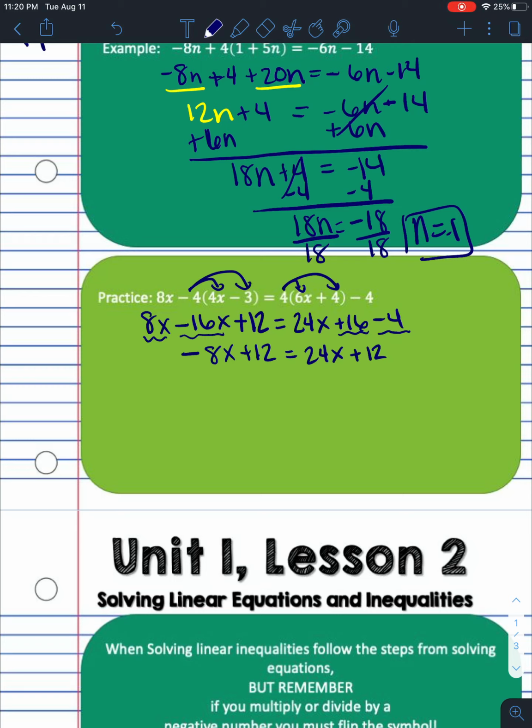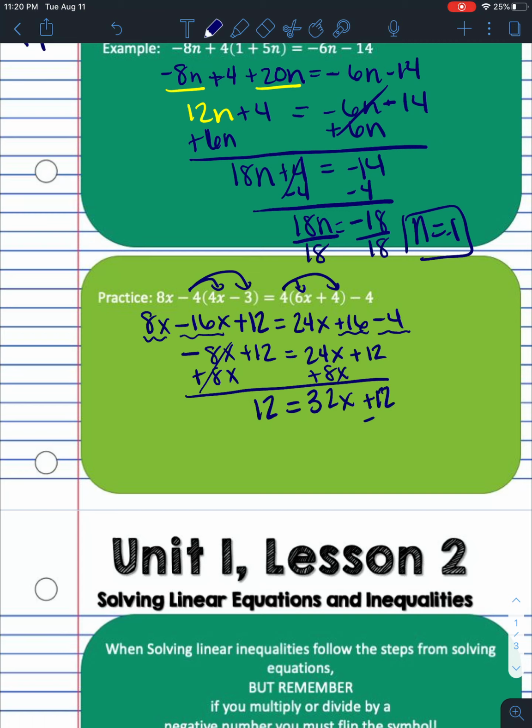Okay, so I know up here I said I like my variable to be on the left side. I like things to be nice. But on this problem, you can move the 24 over, but I think I'm going to move this 8 over because then I can make it positive and I'm dealing with positive things instead of negative things. And it's always nicer to deal with positive numbers, right? So I'm going to move the 8 over to the right-hand side. So these will cancel each other out, or negative 8x plus 8x becomes 0, and I have 12 equals 24 plus 8 is going to be 32x